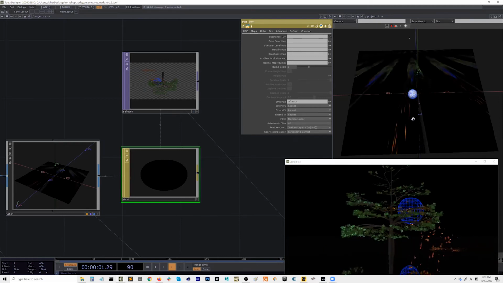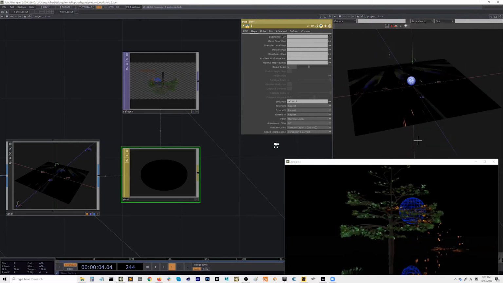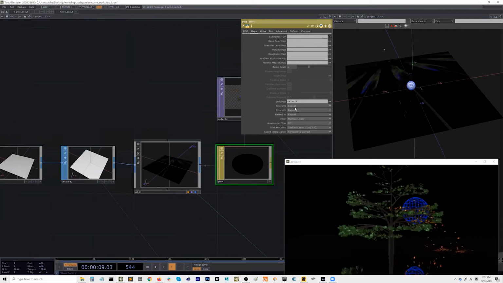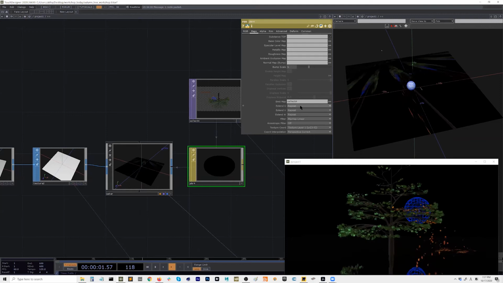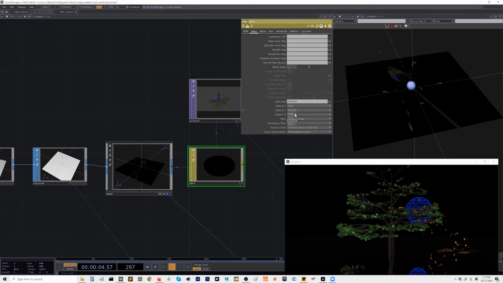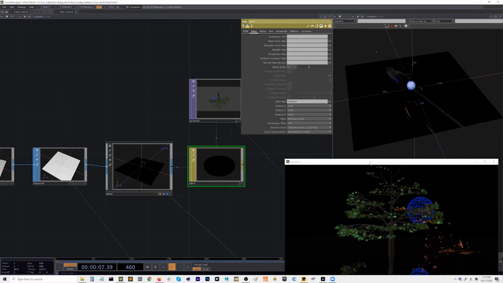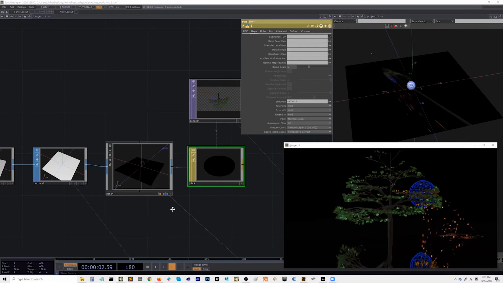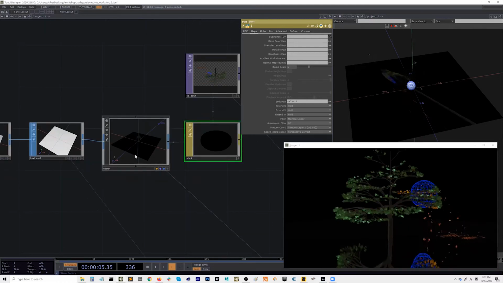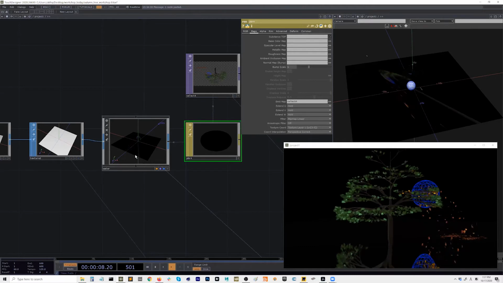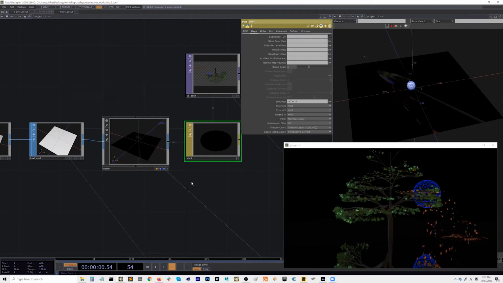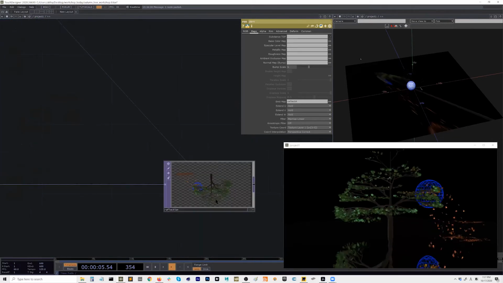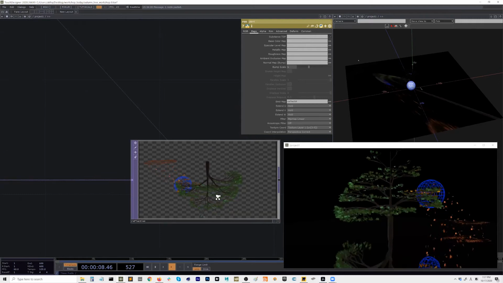All right, so now it's changed to this texture coordinate, and there are a couple of things we still have to do. We don't want it to repeat, so we change it to hold. Okay, and then it almost looks like it's working, but not quite. It works in the YouTube example because the render was square, I believe. But in our case, we are doing a 16:9 render, so we need to match that aspect ratio.